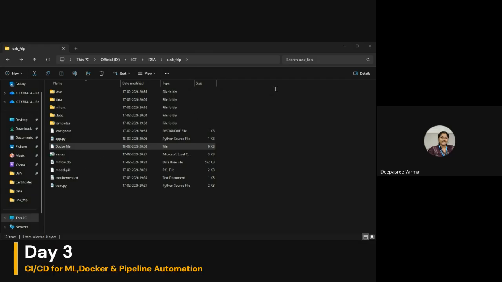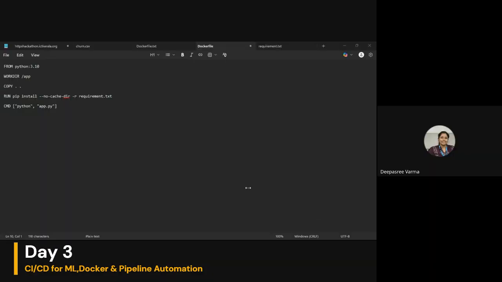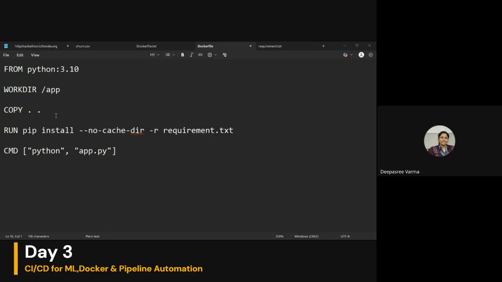Let's just understand the content here. You can just copy and listen here. So this is what I told you to copy. We are going to take the working directory. From the working directory, we are going to copy everything. So we are going to copy the entire file here to the new container.